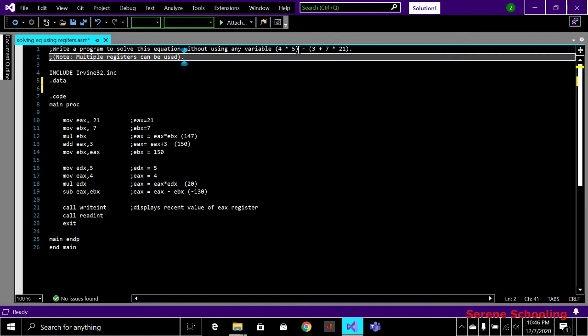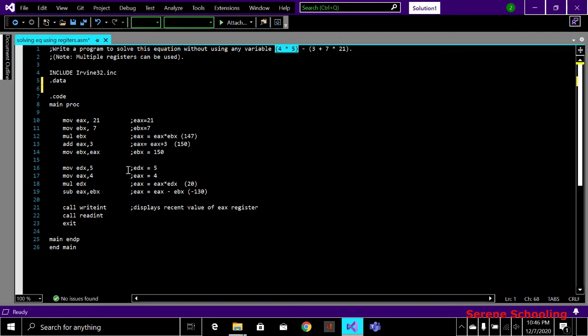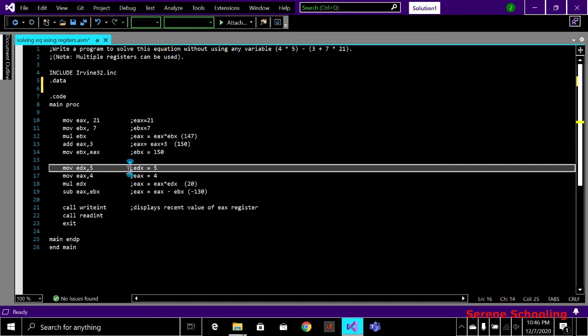Next we have to move toward this multiplication part. For that again I am doing the same thing, nothing different. We have to use a different register this time, because EAX has been used, EBX has been used. Now I am using EDX. You can also use the ECX register for this purpose. So I am moving 5 into EDX and 4 into the EAX register. Here you can see that EDX becomes 5, EAX becomes 4, and now I have to multiply EDX and EAX together like this.